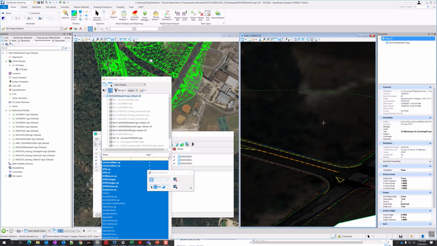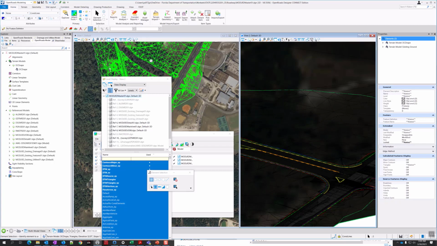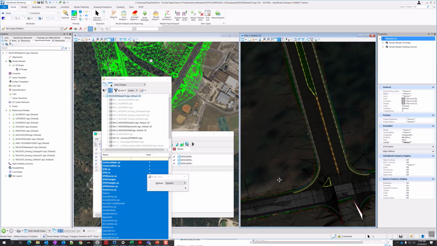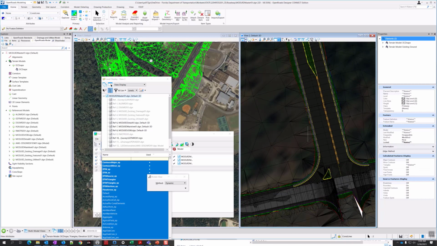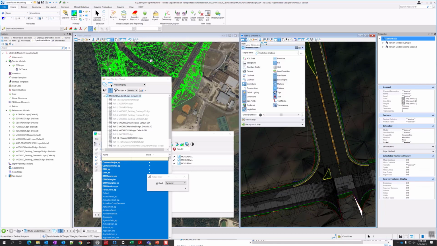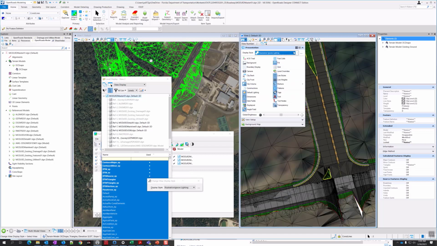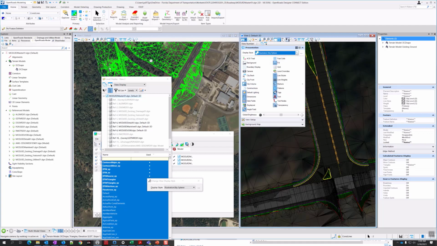The main problem I have is it's a little bit dark with the shadows on there. Which is why the ignore lighting kind of looks a little bit brighter. But you can certainly play with the options and see what it looks like here. But if you really want it to look good, you export to LumenRT, which we'll do in a minute. So don't worry too much about it looking perfect at this point.